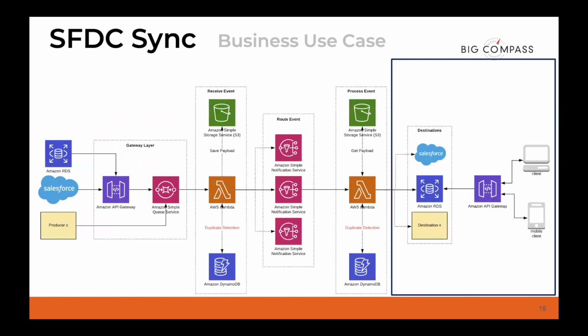And I want to focus now on the right-hand side of the screen. So we did all of that, like I said, because when we're getting all that data out of Salesforce and into a database, now what we can do is put an API gateway on top of that table. And now that API gateway can control access to that data.